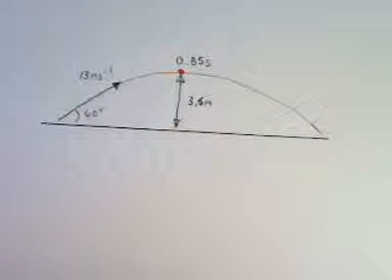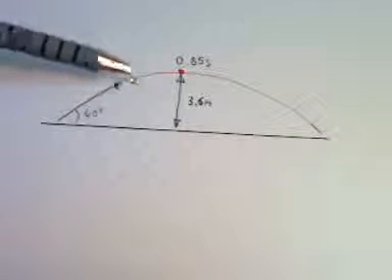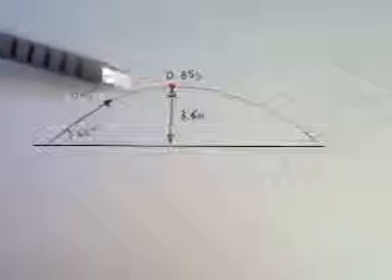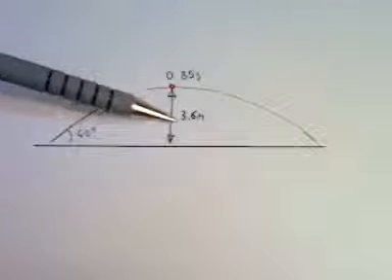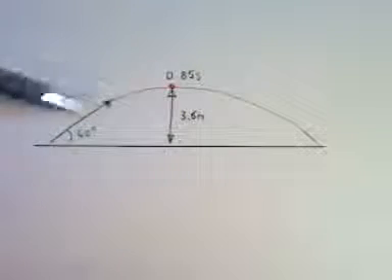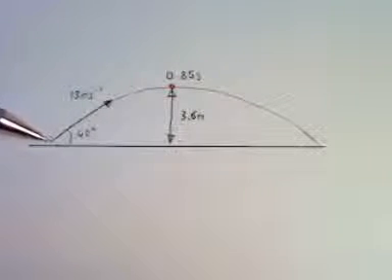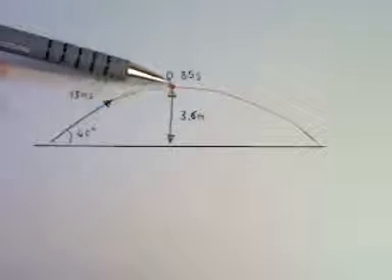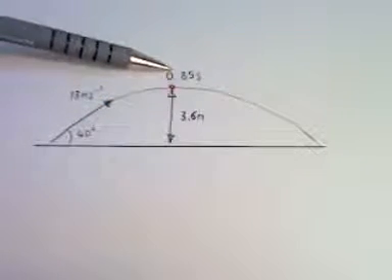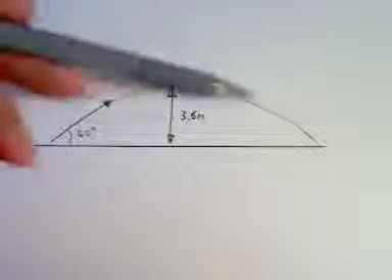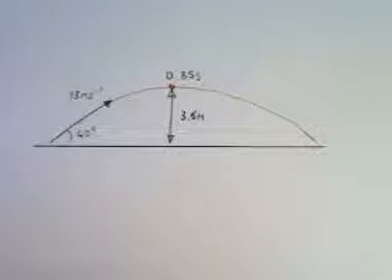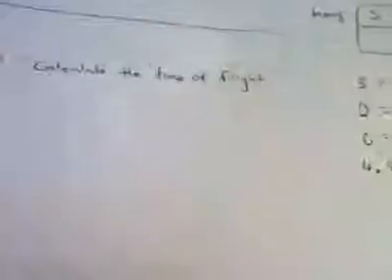It took the projectile 0.85 seconds to reach its maximum height. We calculated that first, and we also calculated the maximum height, 3.6 meters. And actually, if a projectile is launched on level ground and you ignore air resistance, then the time to get from here to here is the same as the time to get from there to there. So if we doubled 0.85, that will give us the complete flight time, 1.7 seconds, which is what we found